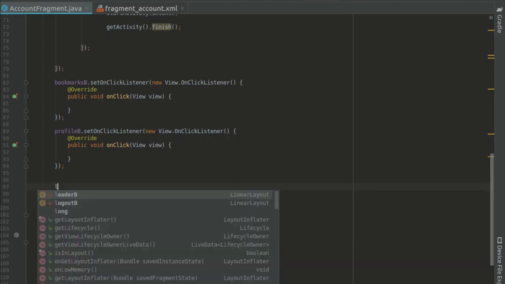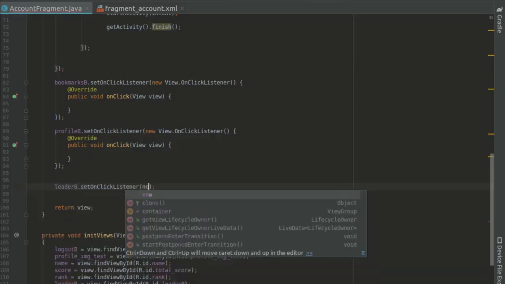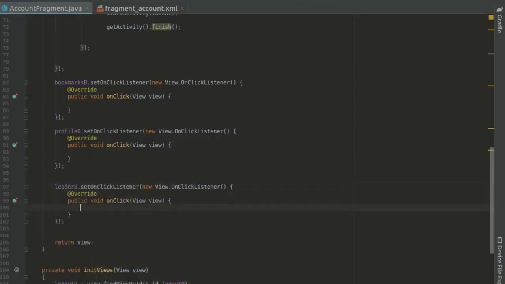Then leaderboard, set on click listener, new on click listener. Here for leaderboard we already have the leaderboard fragment. So how can we go to the leaderboard fragment? We have to change the index of the fragment. We are on the third fragment, that is my account. Now we want to go to the second fragment. So what we can do is